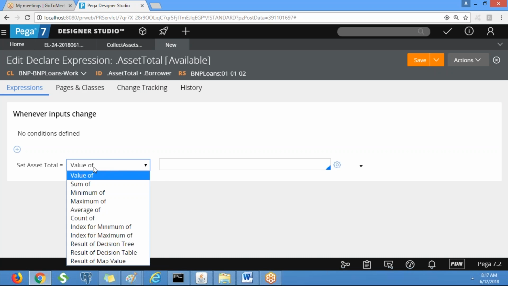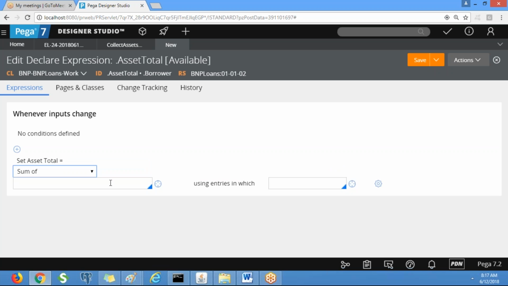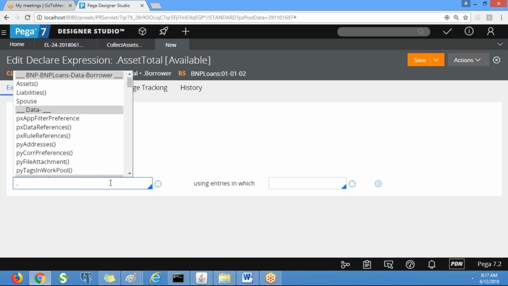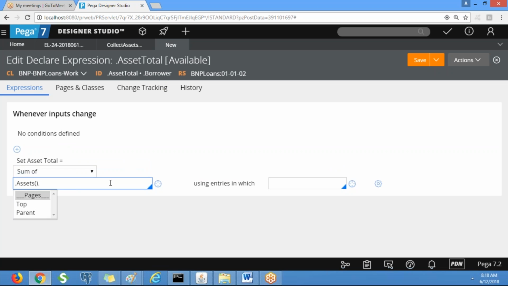Okay. So asset total is equivalent to sum of assets dot asset value. It is a sum of asset value.